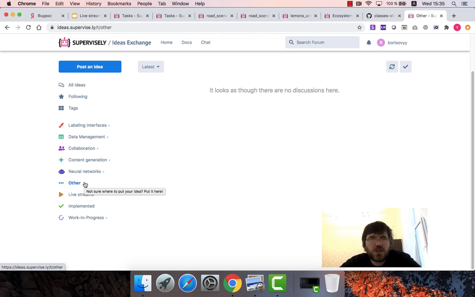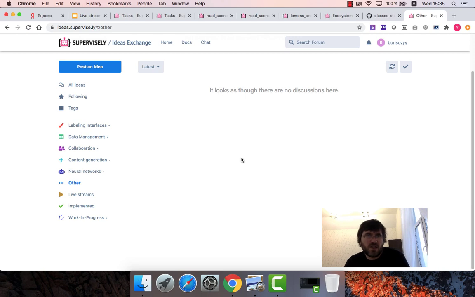It's important for us to aggregate as many diverse ideas as possible at this stage. So we just need to make sure that all the main scenarios are covered by our backend, so that we will soon be able to release a way for you to create apps on top of Supervisely. Okay, so